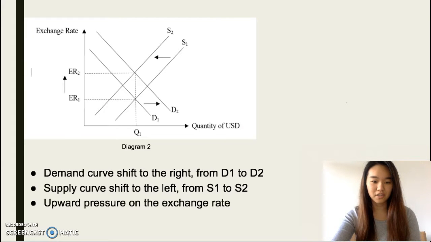As you can see from diagram 2, the demand curve shifts to the right and the supply curve shifts to the left. The demand curve shifts to the right because there is more capital inflow, as higher interest rate will attract foreign saving, leading to higher demand for US dollars. At the same time, the supply curve shifts to the left because there is less capital outflow, leading to a fall in supply of US dollars. This would put an upward